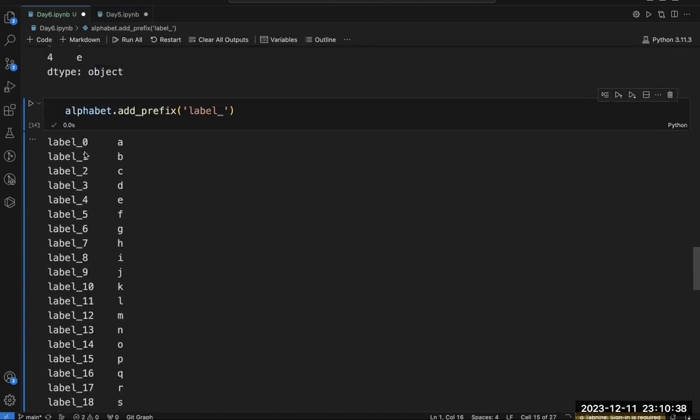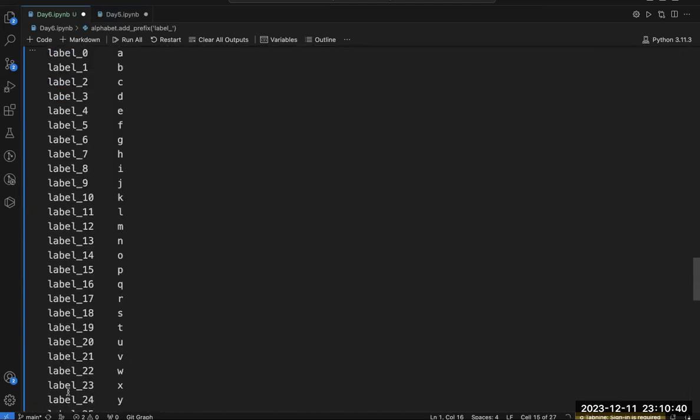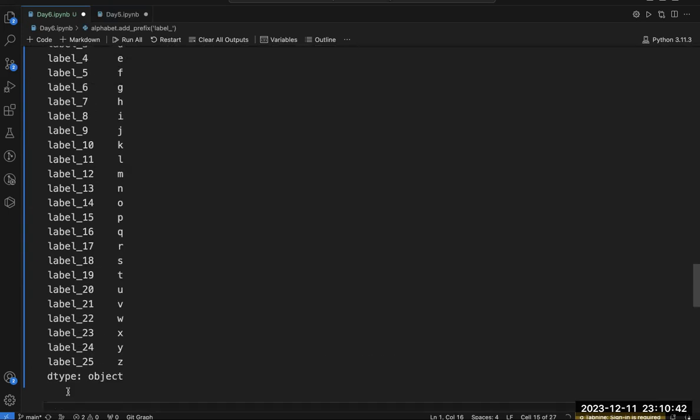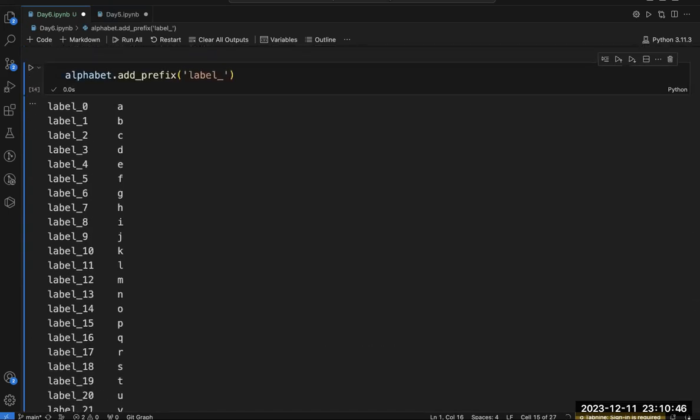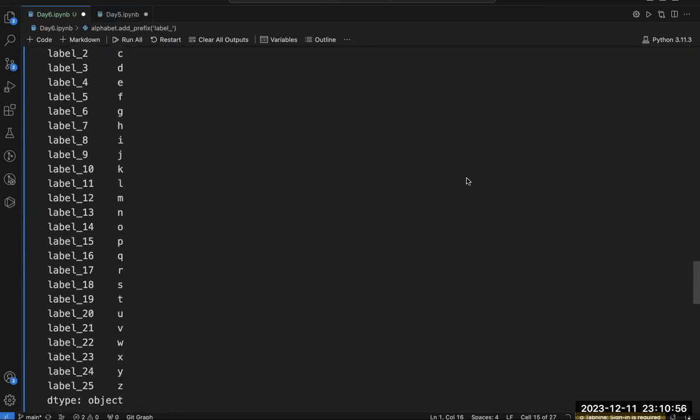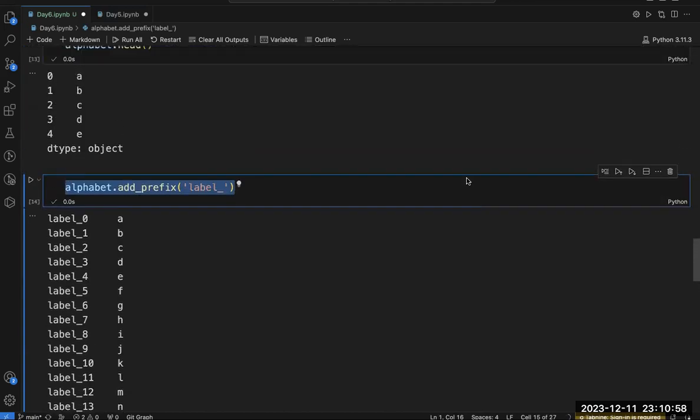Can you see this thing? Fine. Similarly, in the same way, you can add a suffix also. Let's say I want to add a suffix in alphabet.